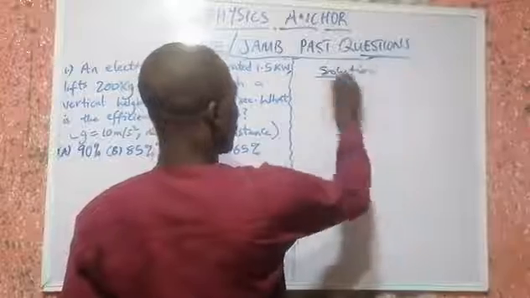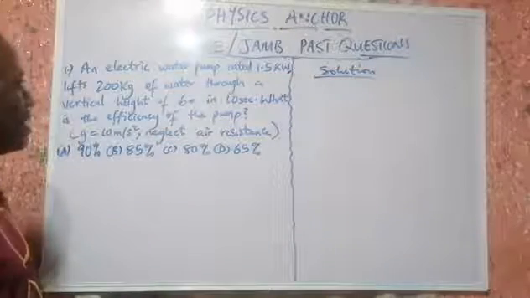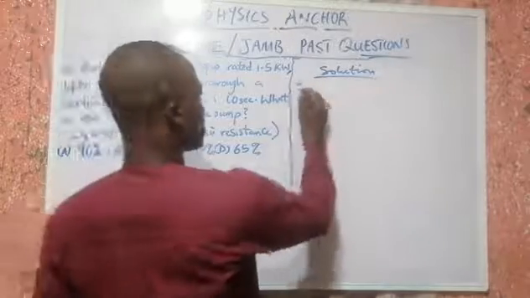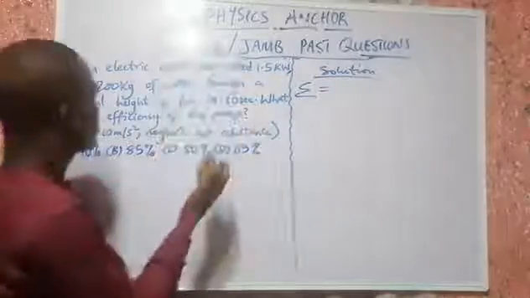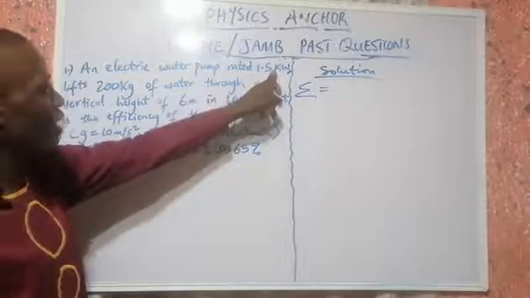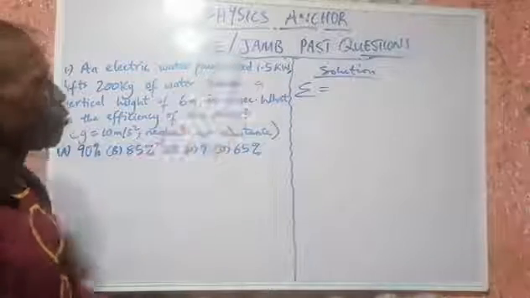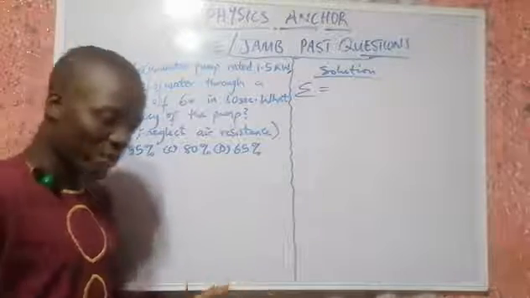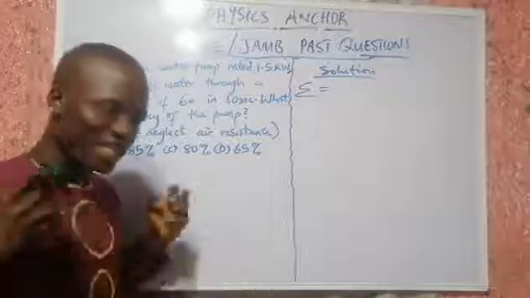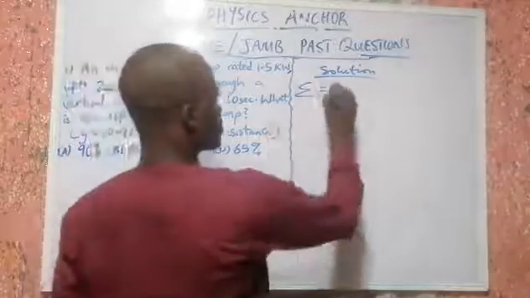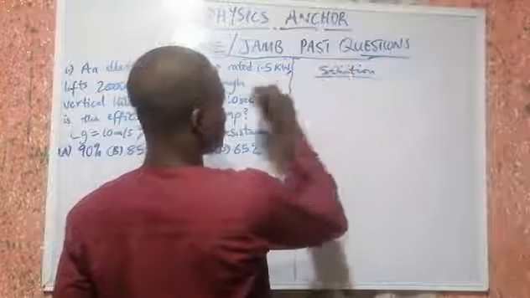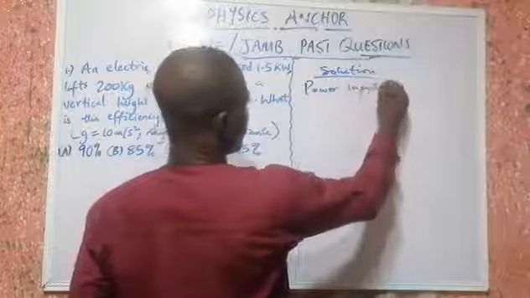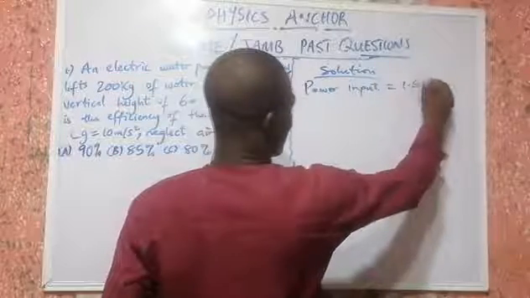Okay. So listing out what we have and what we need to find. They want us to calculate the efficiency. Looking at this, they have given us power here of the water pump, and that is the input power, or power input. The electric pump is the one that is actually doing the work, the one that is putting in the power. So let's list out the parameters first. The input power, or power input,